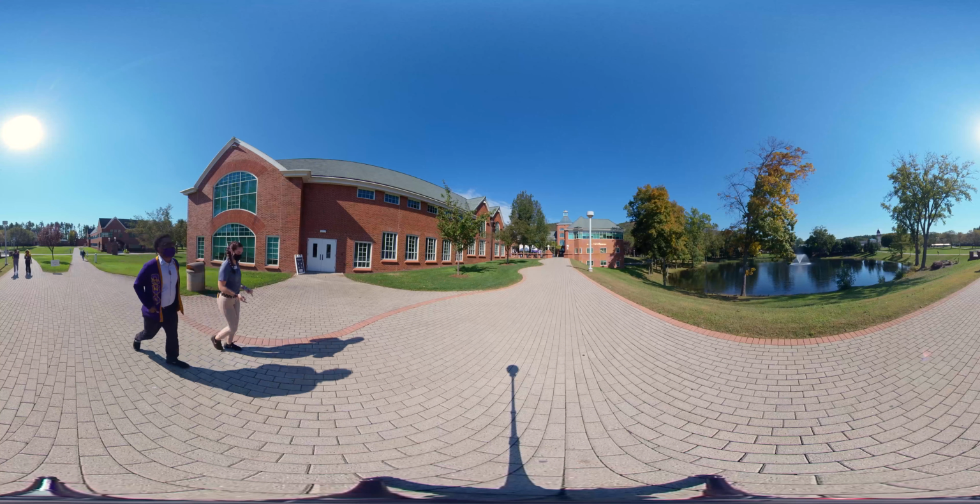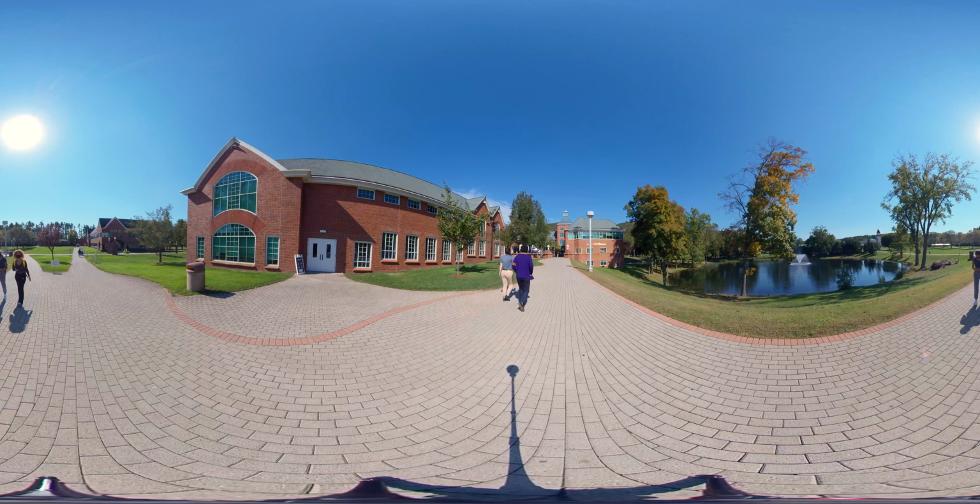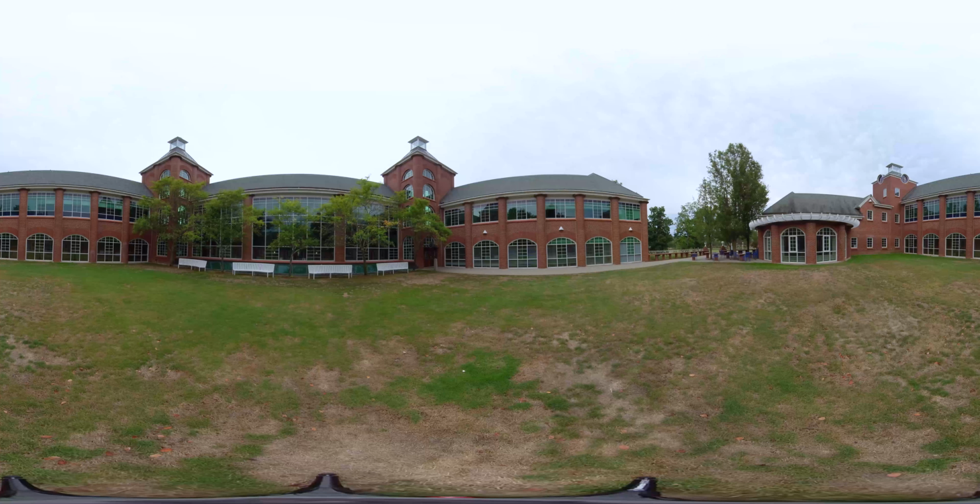The Center for Communications and Engineering is home to both our School of Communications and School of Engineering. The Courtyard is the center of the complex, where students can hang out at the picnic tables, do homework, or grab food at Au Bon Pain, just inside the entrance. Au Bon Pain is one of the many dining options on campus, and is a great place to grab a